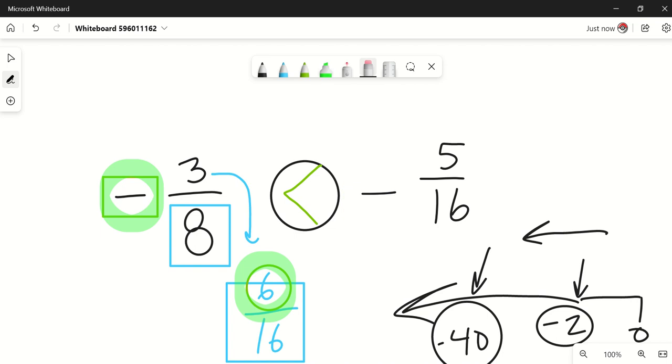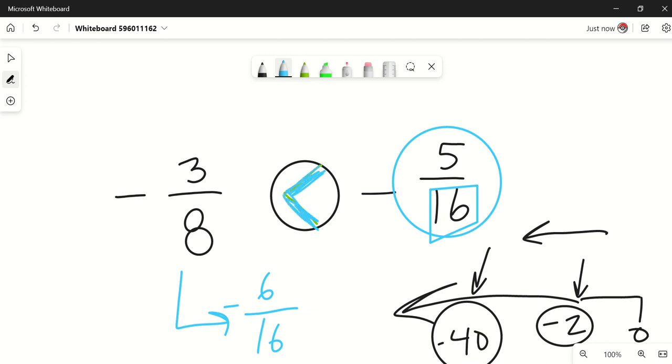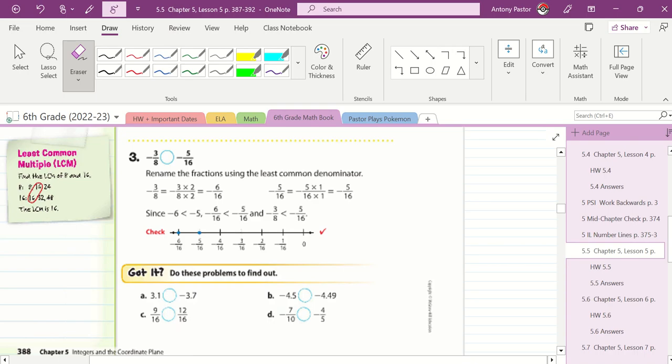Since negative 3/8 becomes negative 6/16 once we multiply it by 2 to compare with the same denominator of 16 here, negative 5/16 compared to negative 6/16, negative 5/16 is bigger because, again, on a number line, negative 5, negative 6, 0's over here. Negative 5 is closer to 0 than negative 6 is. So negative 5